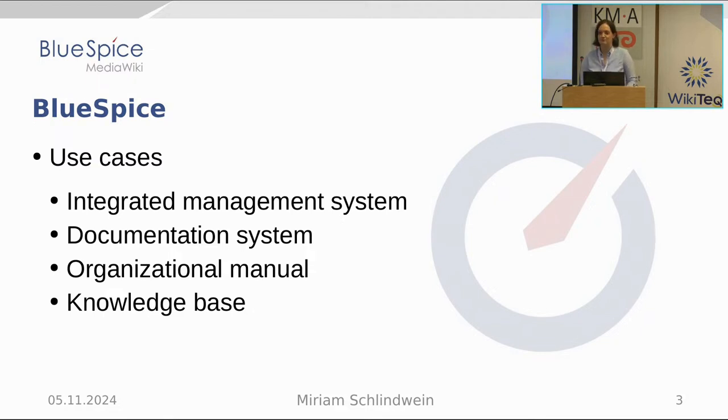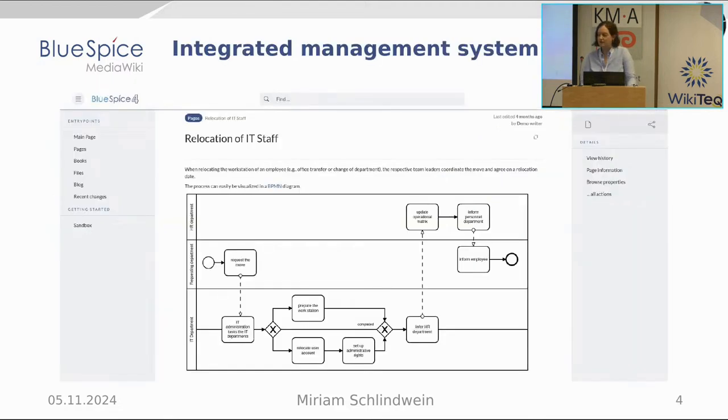So it has a wide range of extensions which give the user a wide range of ways to manage and organize the content. And with those extensions, we can cover those 4 main use cases. So Bluespice is an integrated management system, a documentation system, an organizational manual, and a knowledge base. With the integrated management system, this brings together all important rules to help a company stay organized and up